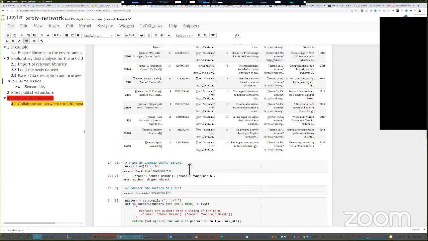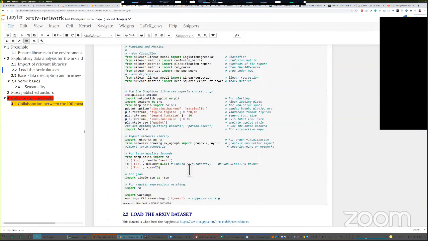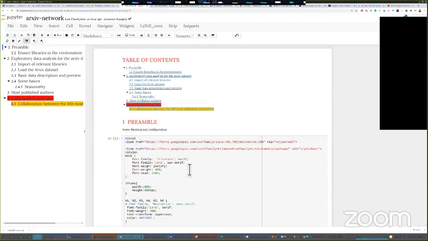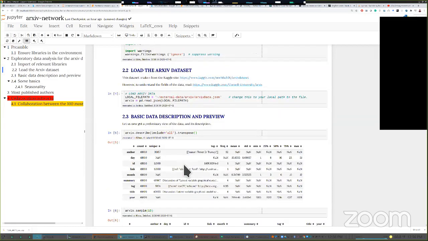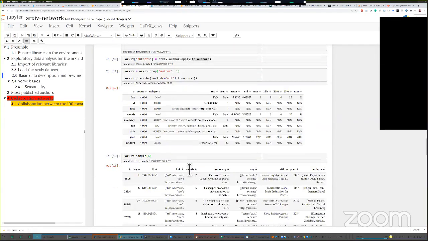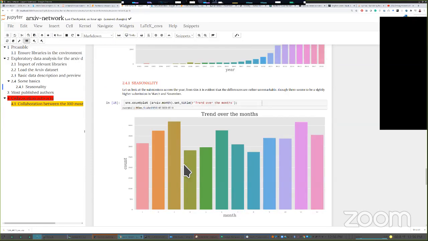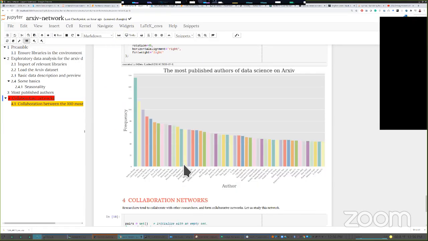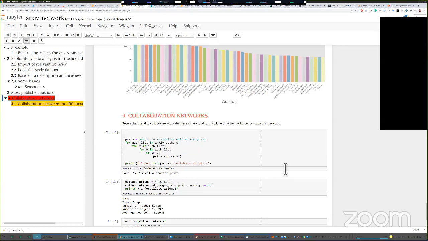Yes. Asif, can we go to line 19? 14, 15, 16, 17, 18, 19. There we go. So here collaboration is equal. Can you explain this code? Oh, I'm calling the constructor of the graph. And that's in the NX library, right? That is right, that's NetworkX. Okay, yeah, sorry, that's new to me.